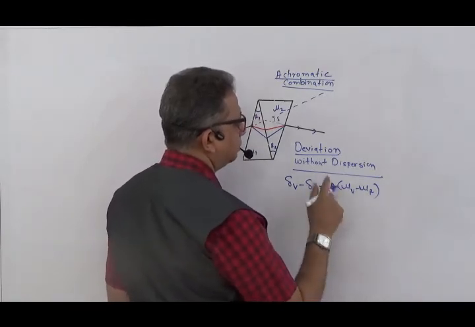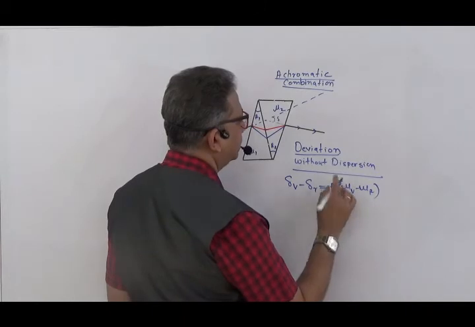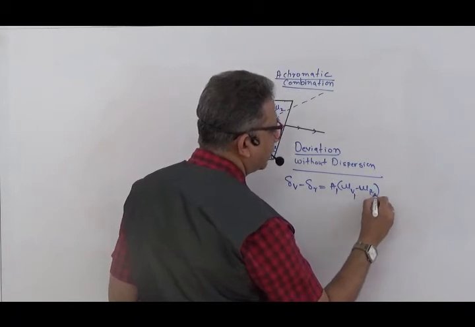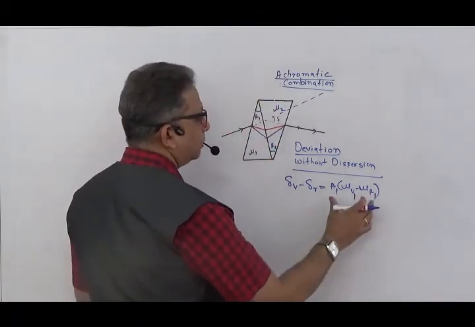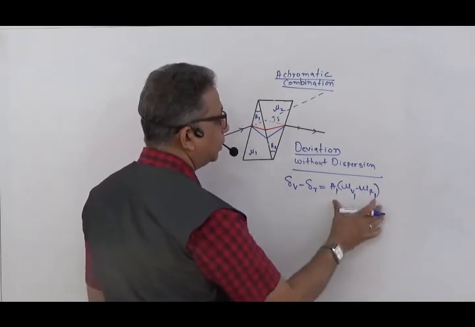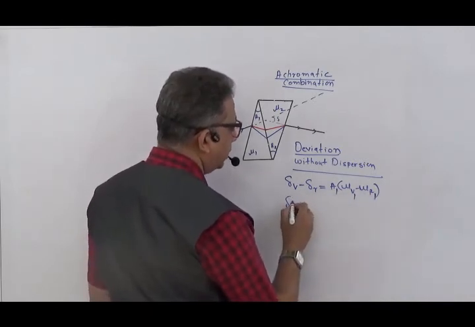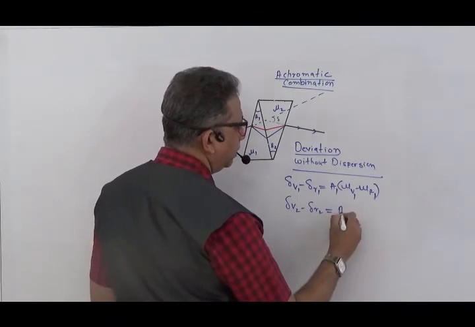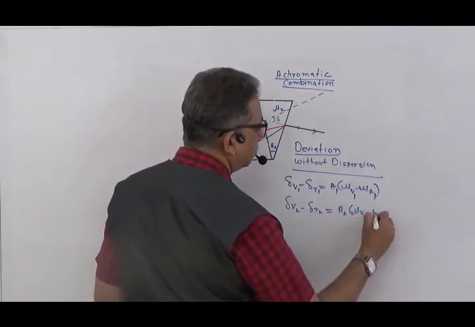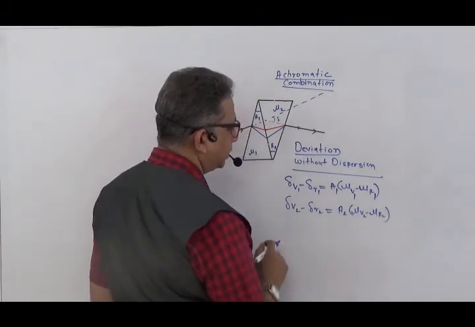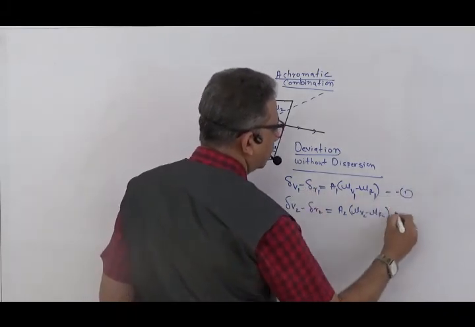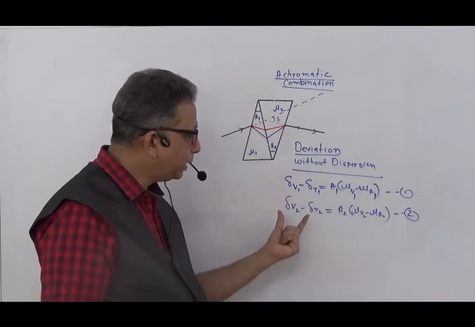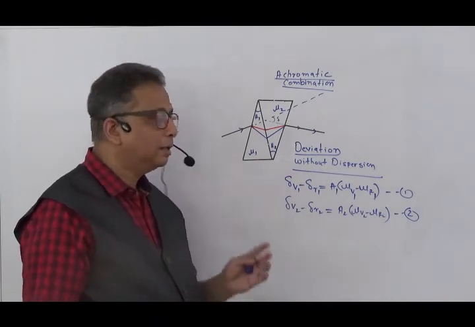Now this is the angular deviation of this prism, which is given in this term. Now here I have to change because A1 is the angle of prism. Now refractive index of violet of prism 1 and refractive index of red of prism 1. So this is the angular dispersion of prism 1. Now dV2 minus dR2 will be A2 into mu of V2 minus mu of R2, that is violet minus red. Now the angular dispersion of prism 1 has to be equal to the angular dispersion of prism 2, only then